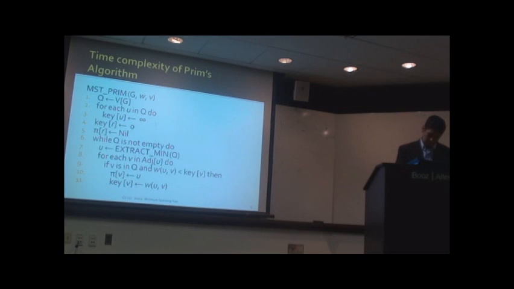Keep going. Then you go through the loop part, which is line 6 onwards. Since you're going through the edges at least once, it'd be like E log E. So Jennifer,